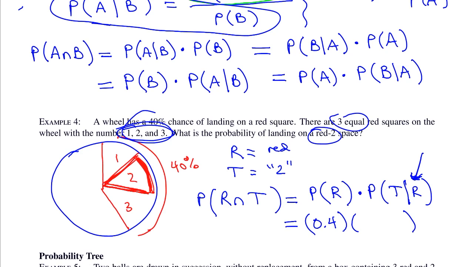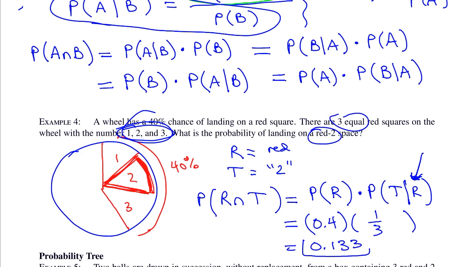1/3. What you're doing is okay, but what you're doing is too much. You were still thinking about the 0.40, the 40%. You're trying to do the whole thing. You can't do the whole thing with these problems. You got to break it down and do little bitty pieces. Otherwise, it's going to get too complicated. So this was 1/3, and together, 0.4 times 1/3 is